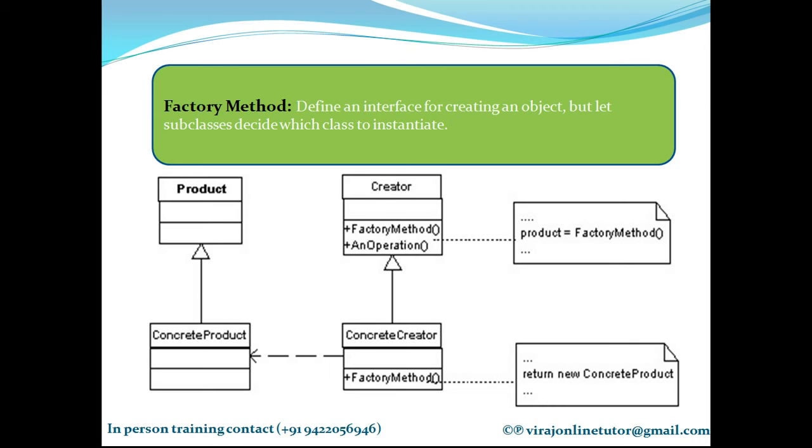So just to brief you all again, there are three ways in which you can implement a factory method. The first way is you make this creator an abstract class. That means you don't define this factory method at all here. You just declare it, and let the subclasses, that is the concrete creator, have a definition for the factory method. So in this example, I am just declaring it here, not defining it. Where is the definition? The definition is in the concrete creator. So this is the perfect example of the first way of implementing a factory method.